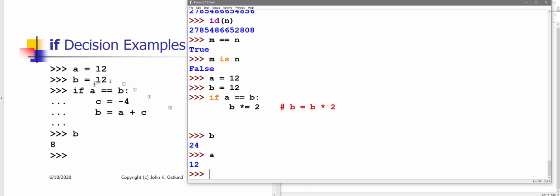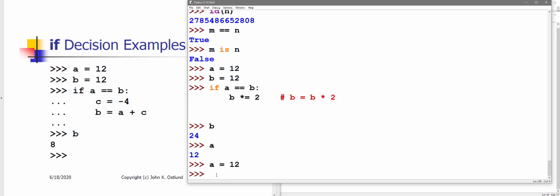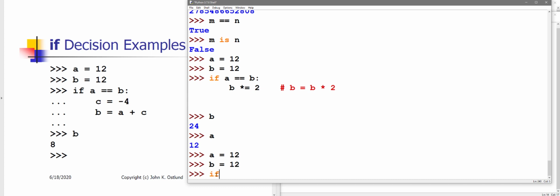I can create another variable inside the if decision if I like. So let's set a to 12. We haven't actually changed anything; a was referring to 12, and now a is referring to 12, so we could have left that out. But now let's set b to refer to 12 again. And this time let's have a larger body of our if. So if a is equal to b,